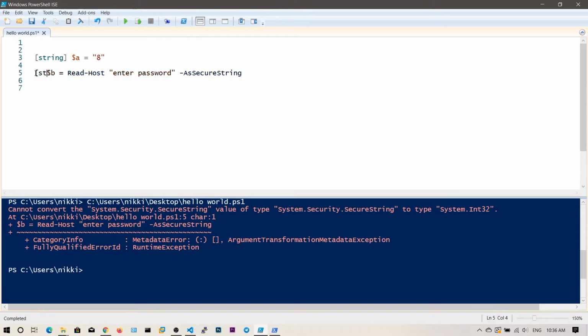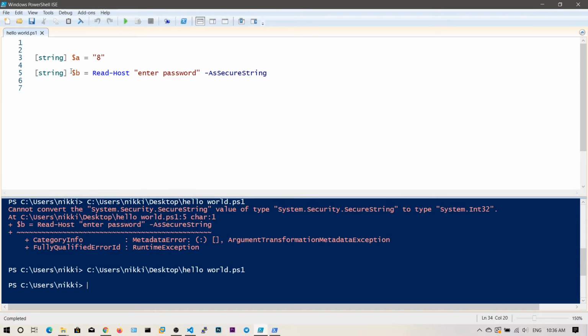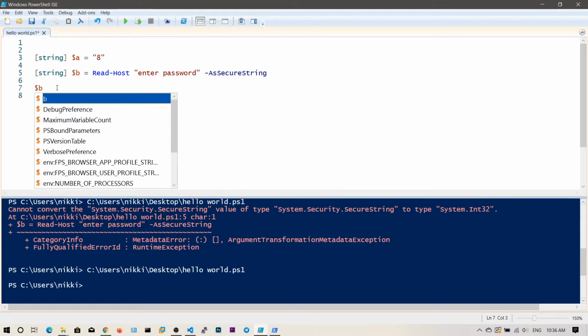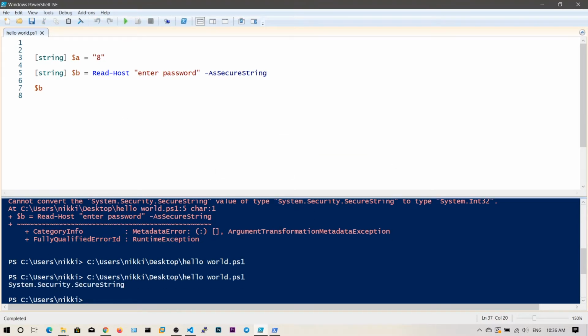Alright. Previously we declared the integer, right? So we need to declare this again, because it's in memory and it's going to be changed. Let's run this again, and now you can see our string b has been stored. Now I want to print this one. We cannot print these values because they are stored as a secure string, in a secure format, using the object System.Security.SecureString. So this b is this object.